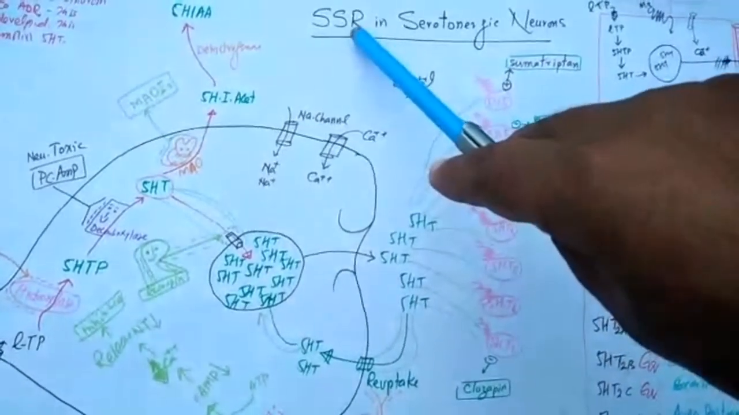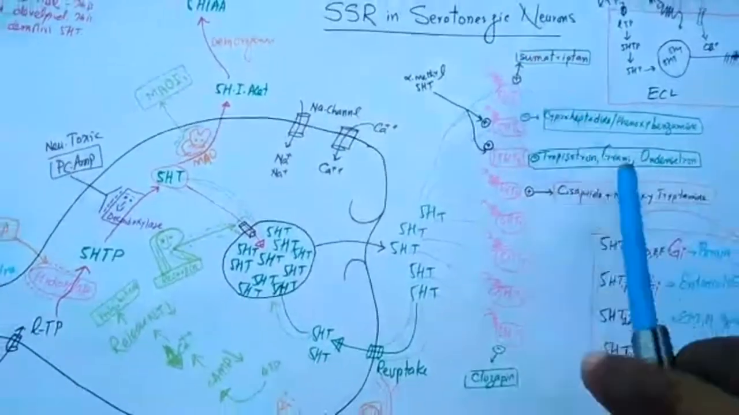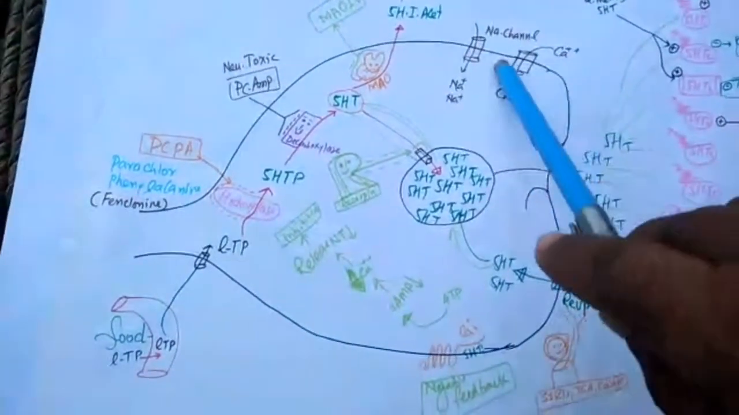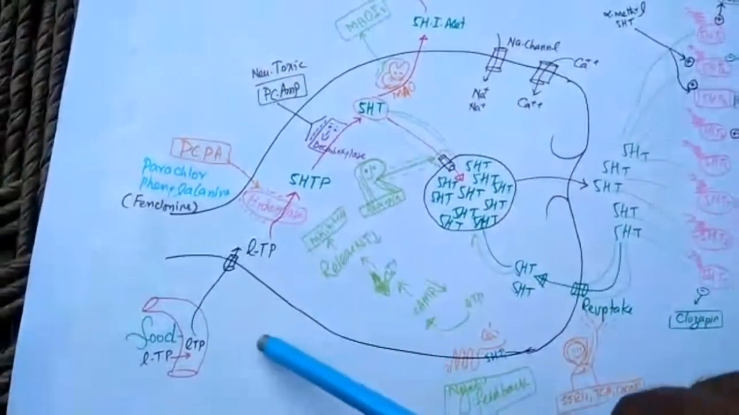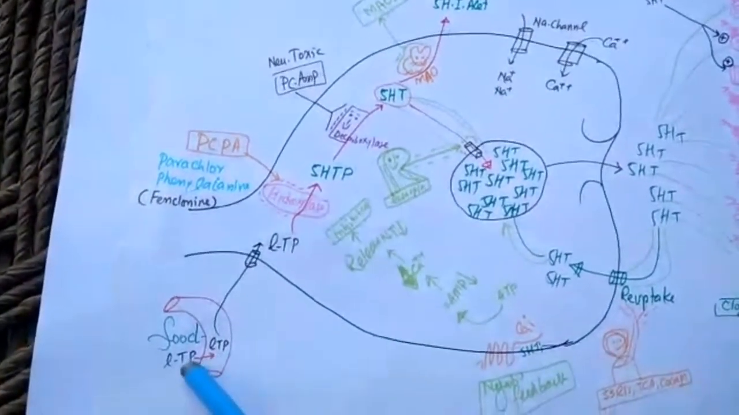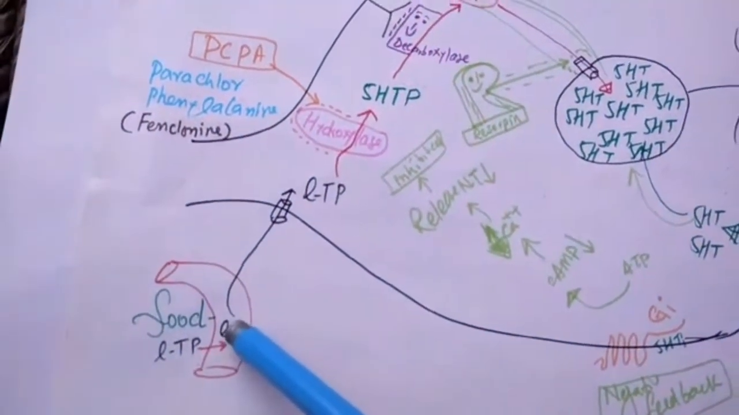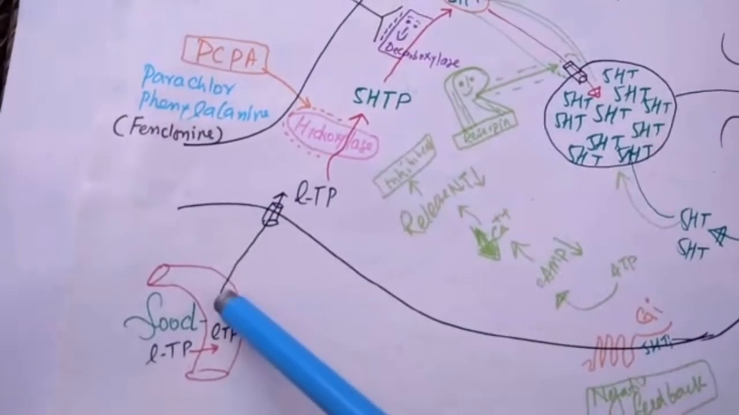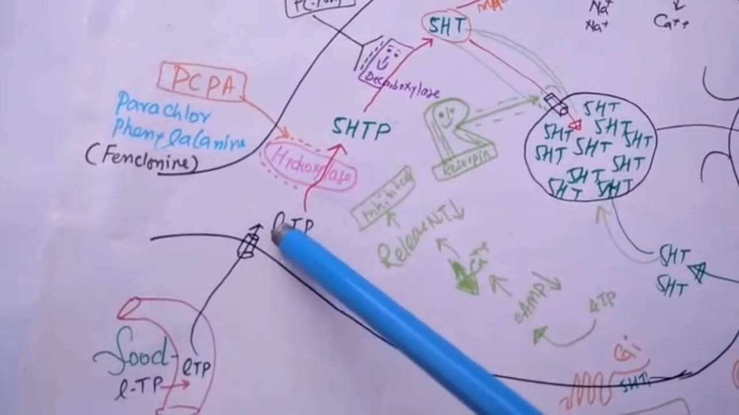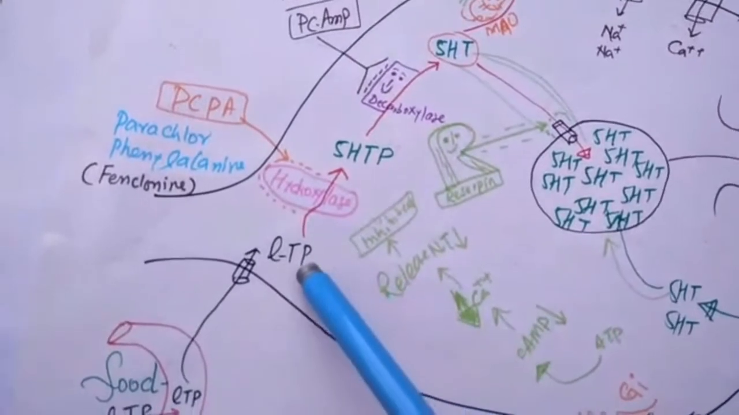Synthesis, storage, and release of serotonin in serotonergic neurons. Consider this is the neuronal cell. From the food, L-tryptophan is absorbed by a carrier transport mechanism, and this is the L-form of the tryptophan amino acid. This then enters the cell. Inside the cell,